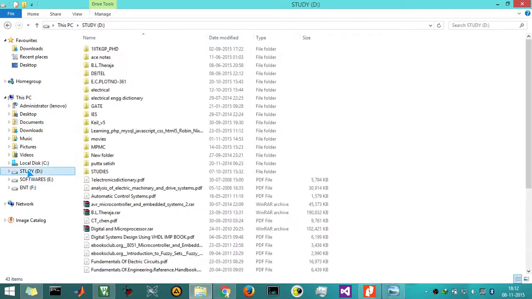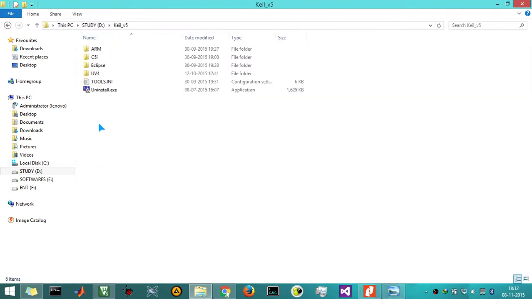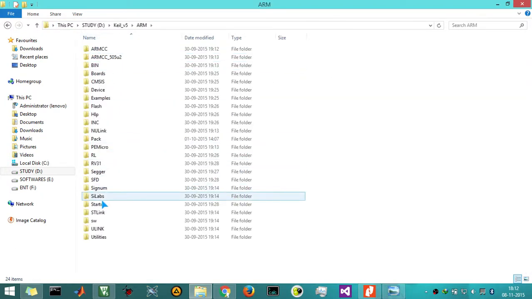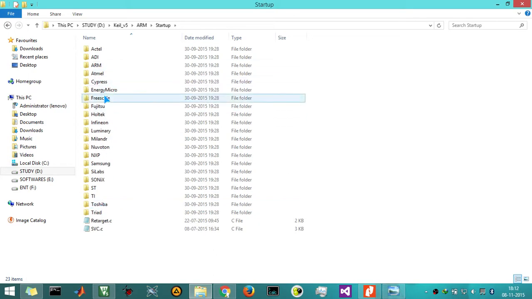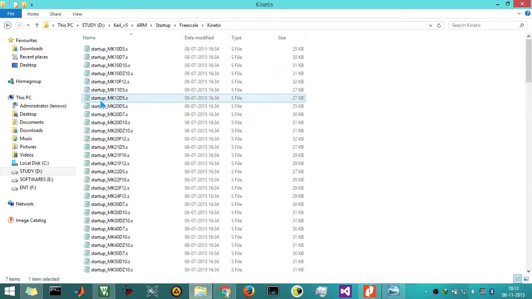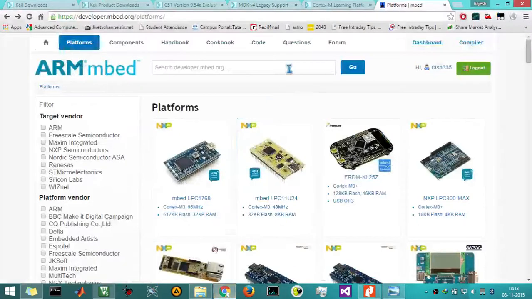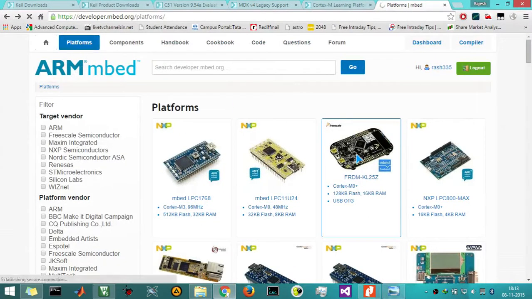Now where we can find it is we have to go to the installation directory where we have installed the Keil MicroVision. In this case I have installed Keil MicroVision in D drive, in Keil underscore v5. Go to ARM, go to startup, Freescale, Kinetis. So our product is Kinetis, as we can see here.